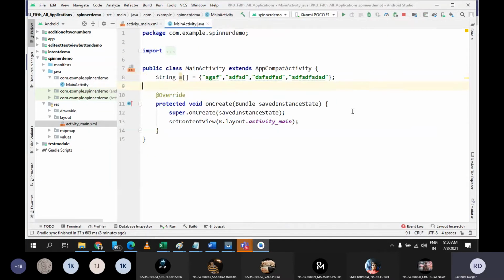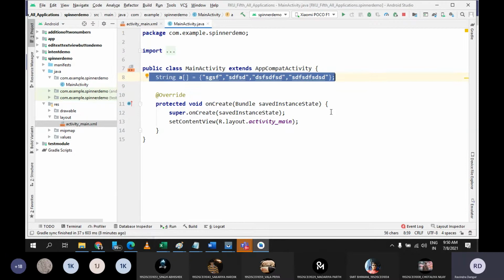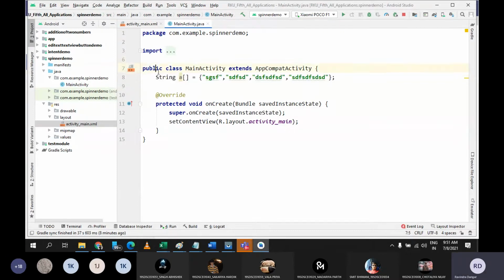So the thing which I'm trying to convey is, once your array is ready, you have created this array, there is no concept using which you can directly connect this array to the drop down or to the list view. Array is ready, you can do whatever you want with this array, you can easily play with it, but you cannot set all the items inside the drop down.